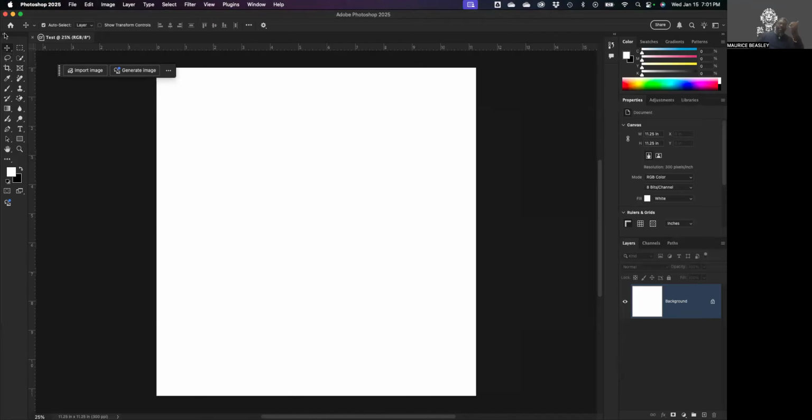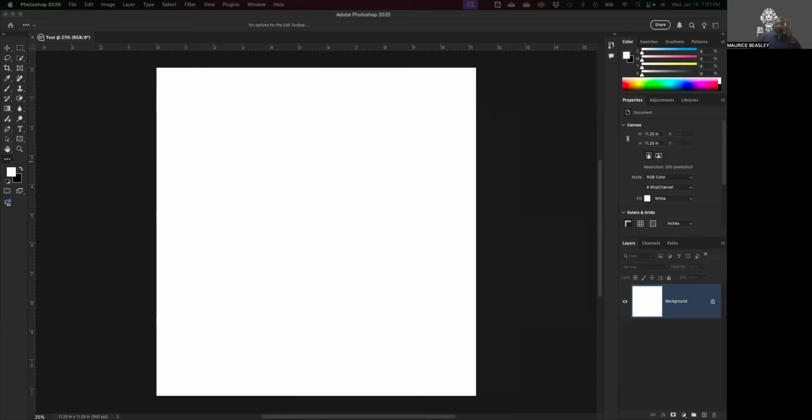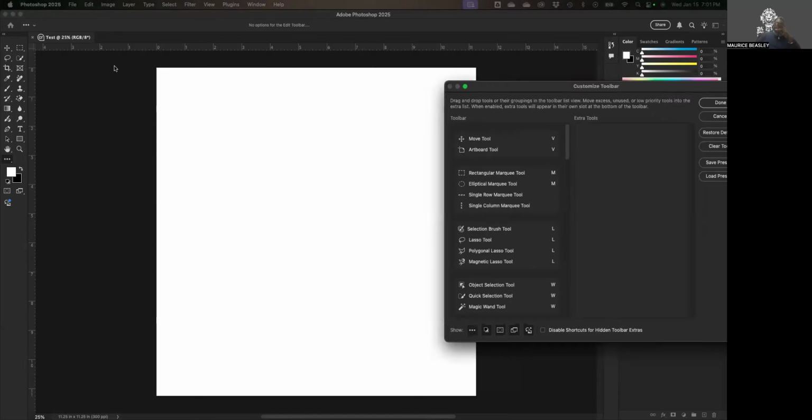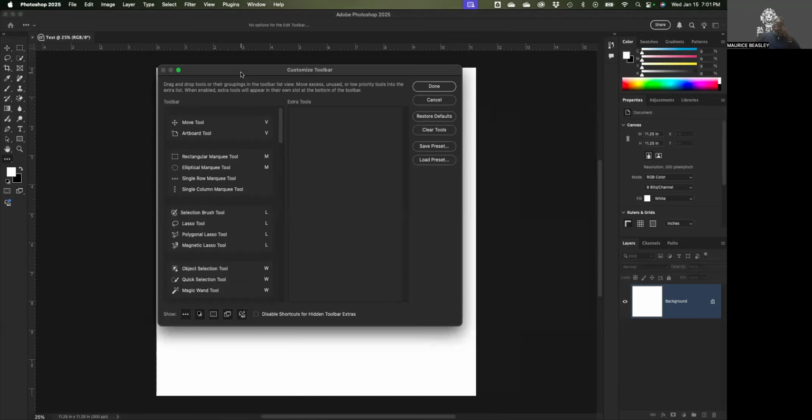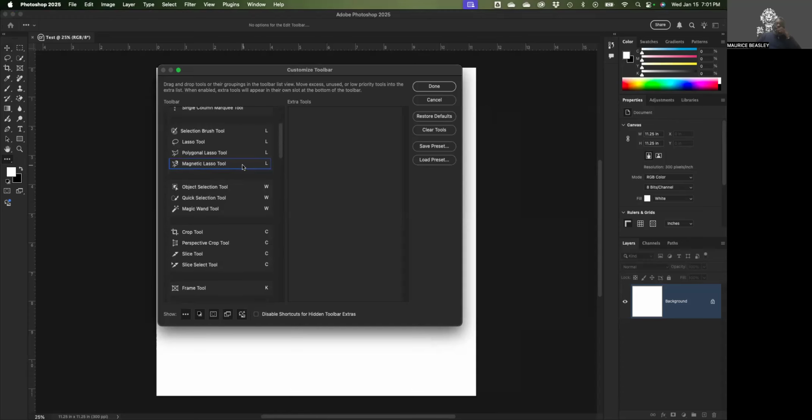Another thing that they've been doing is reducing the tools that you initially see. So all the way towards the bottom of the toolbar, there is a button that looks like three dots. When you right-click on that button, you will see Edit Toolbar. When you click on Edit Toolbar, it will open up this entire box of information. This is all the tools that should be in that toolbar. So what will happen,